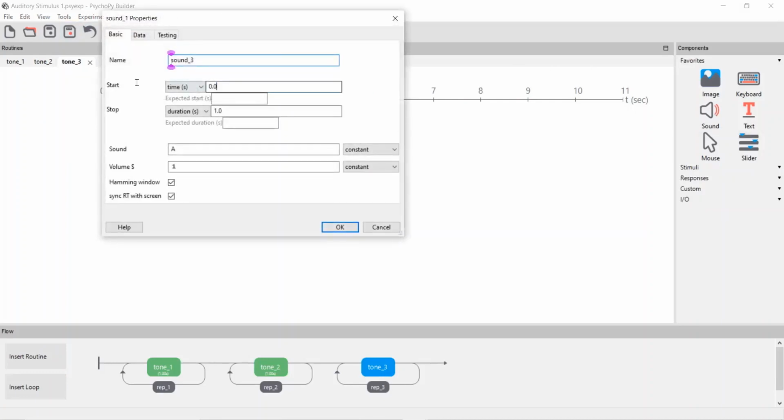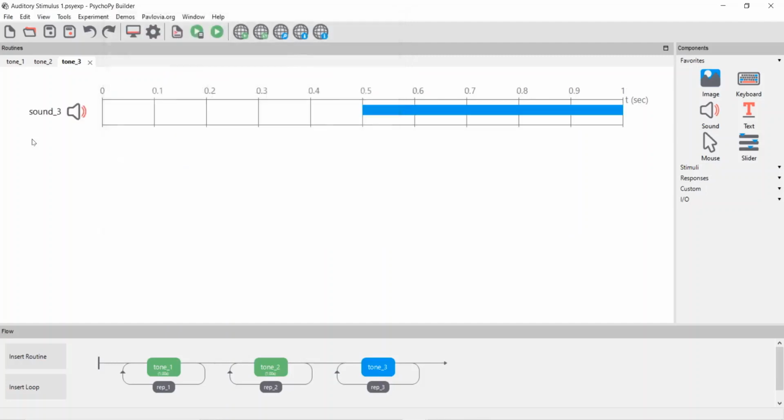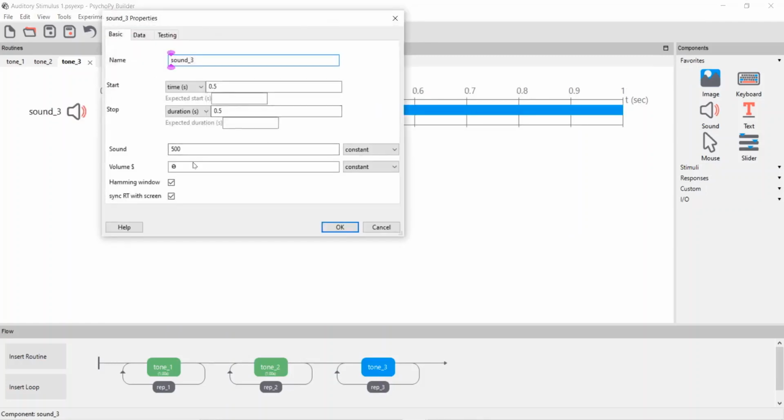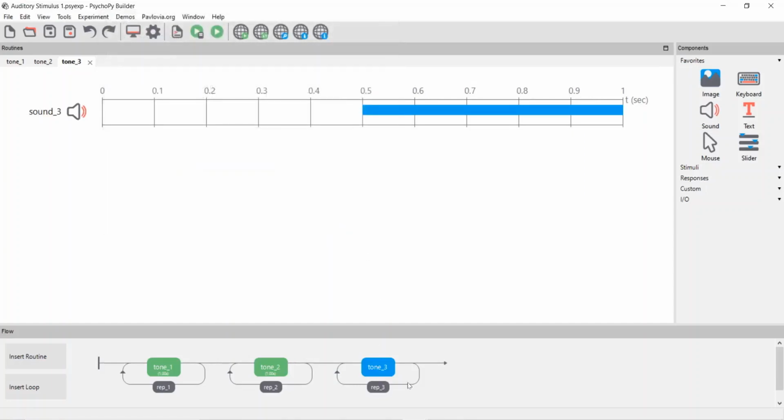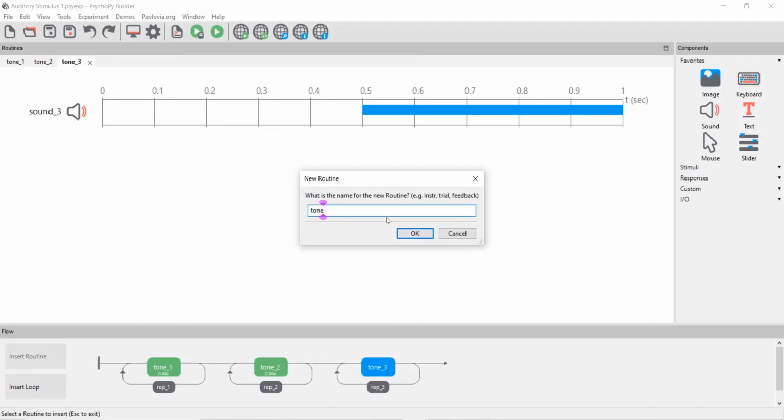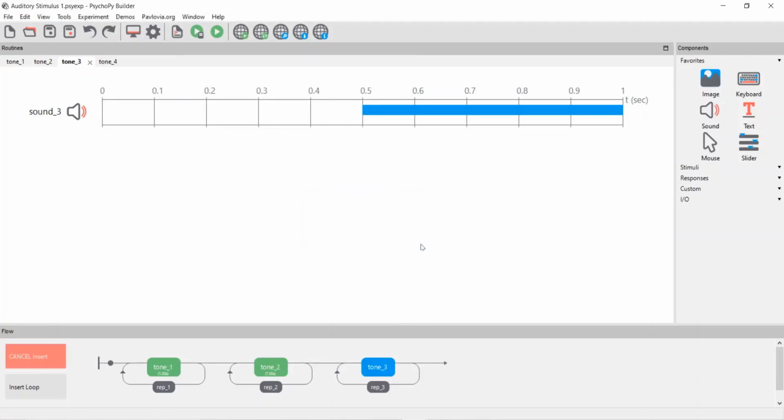It is getting generated with 50% duty cycle of square wave at frequency 500 hertz, and the volume of this particular tone would be 0. It was 0, I guess. Then nobody would be able to hear anything. Yeah, it should be 0.6, and this is my generated tone 3. Okay, quickly adding tone 4 at the end of the stimuli, which should get repeated thrice.